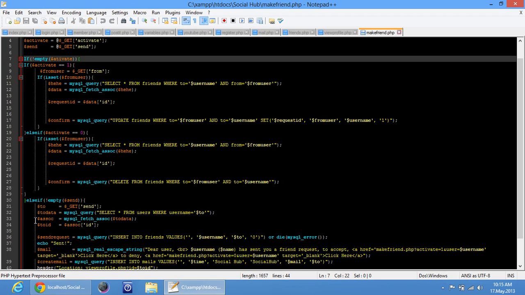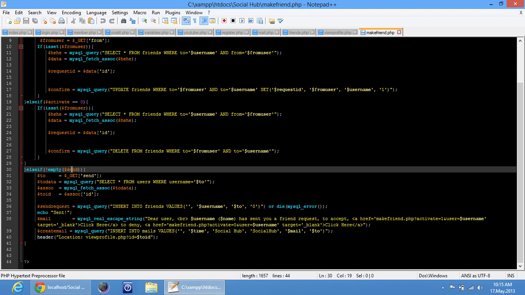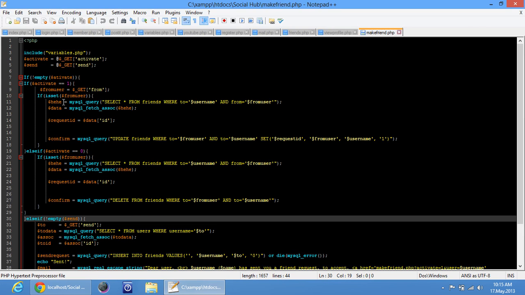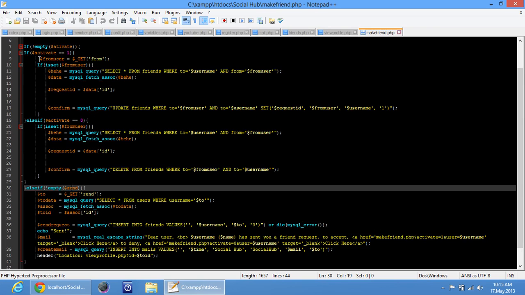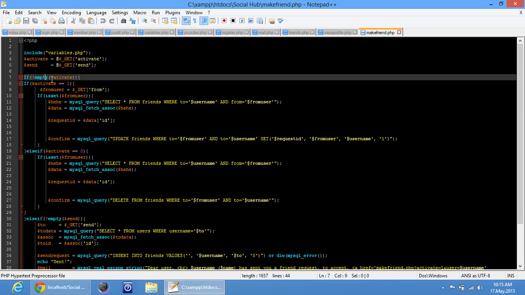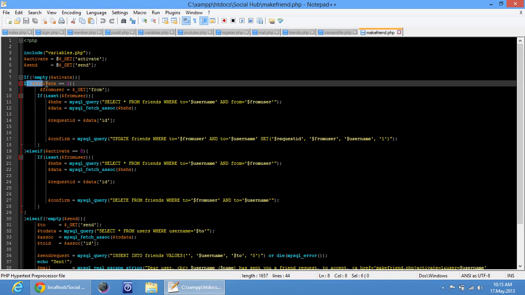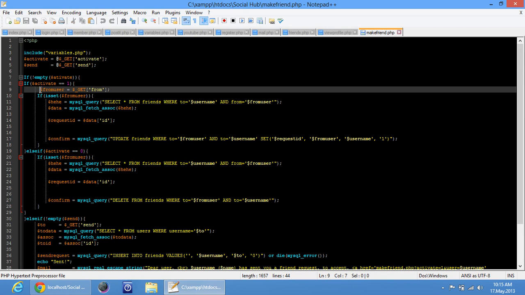Else we're going to come out of that and do this. If send is set, which is again a GET variable, if that is set, then we're going to start searching. Now if activate equals 1, then it's going to do this: from user equals $_GET from, and from is again